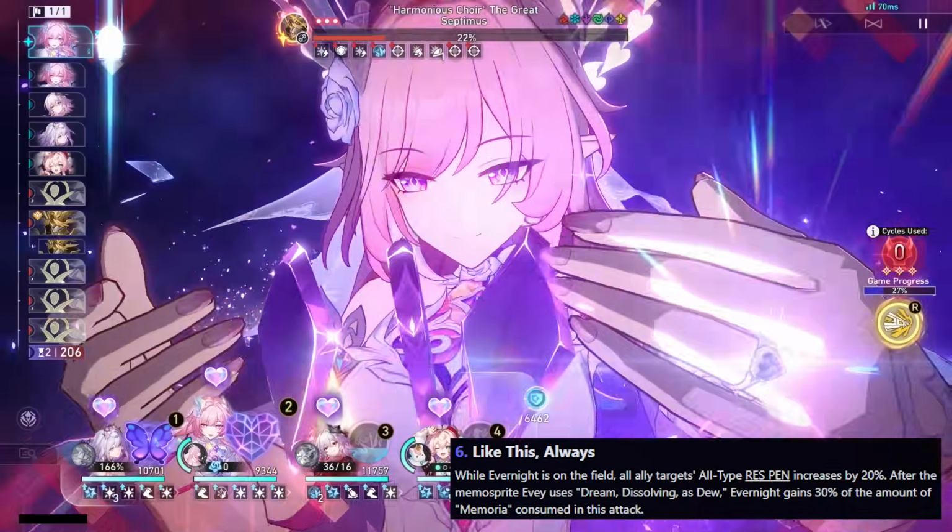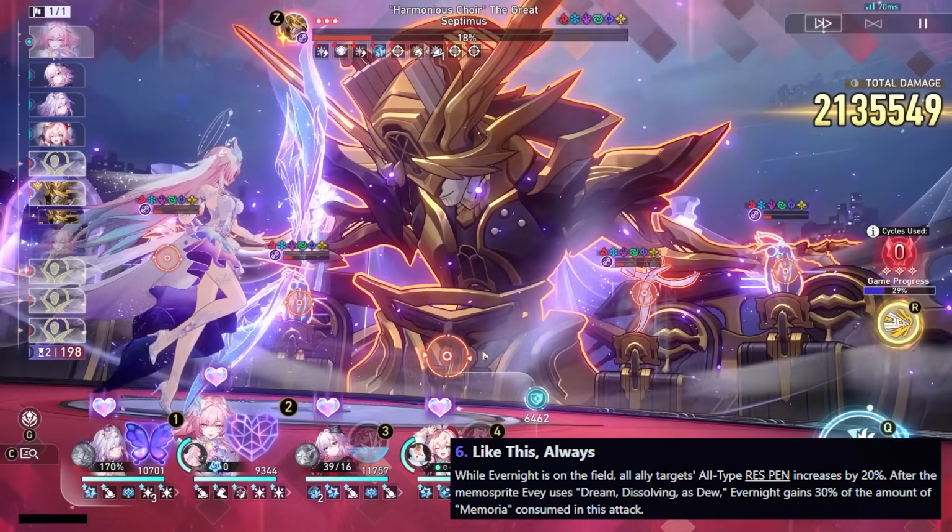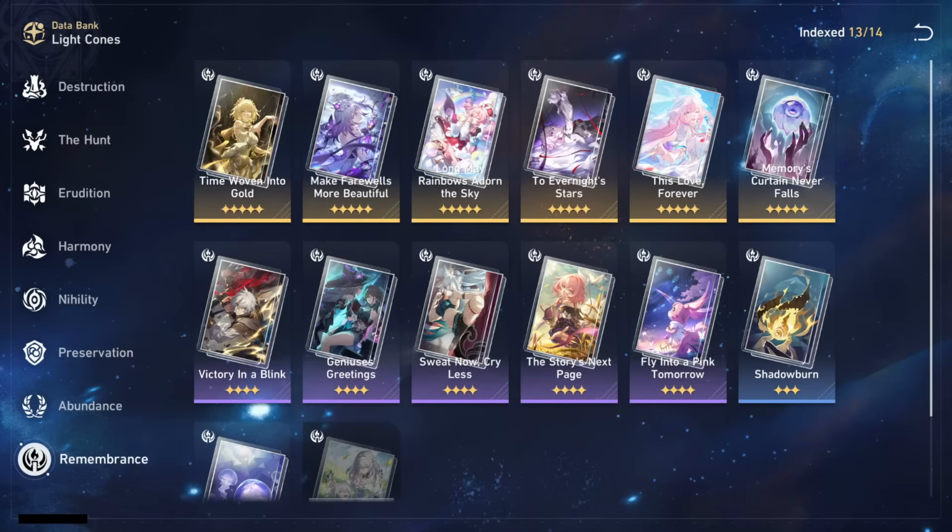After the Memo Sprite EV uses Dream Dissolving as due, Evernight will gain 30% of the Memoria consumed in this attack. Her best in slot Lightcone option actually does vary depending on her role. Overall performance as a sub-DPS, and still practically just as good as a main DPS, is of course none other